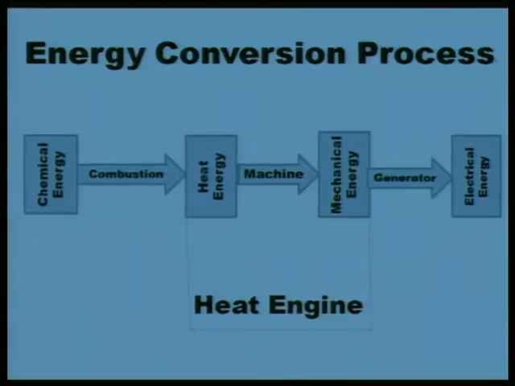In the energy conversion process that is taking place, the chemical energy of the fuel undergoes combustion, and for the purpose of combustion we are supplying air. So, the chemical energy of the fuel is converted into heat with the help of air. That heat energy inside the cylinder, in the form of very high pressure and very high temperature, forces the piston to move in the downward direction, and this movement is converted into a rotary motion with the help of a crankshaft.